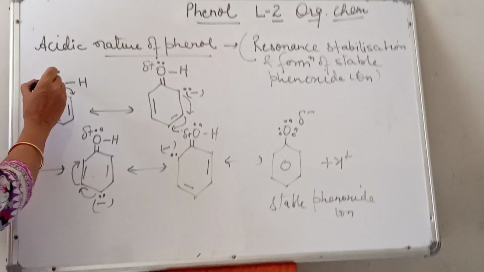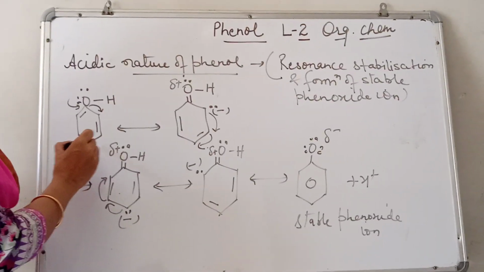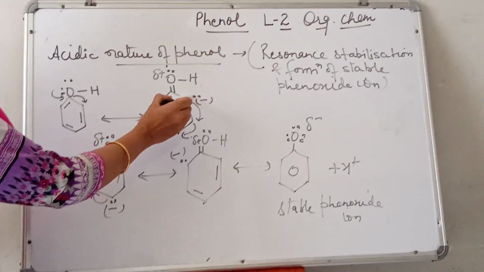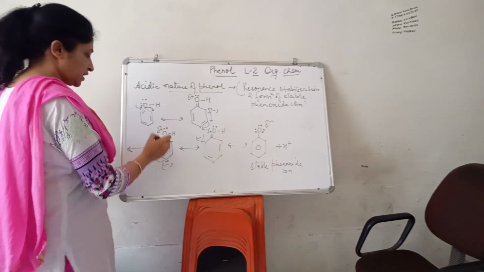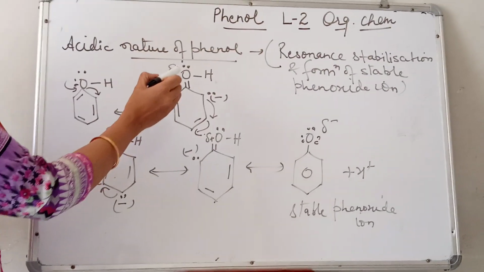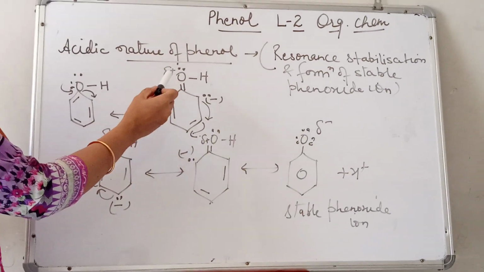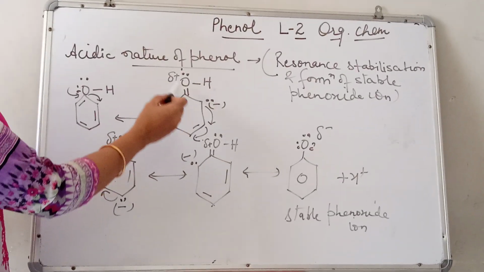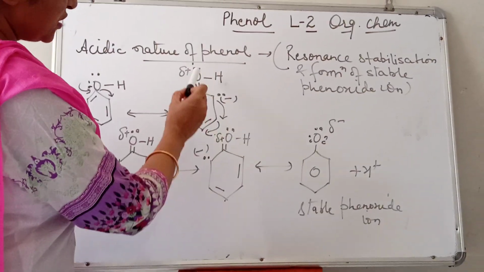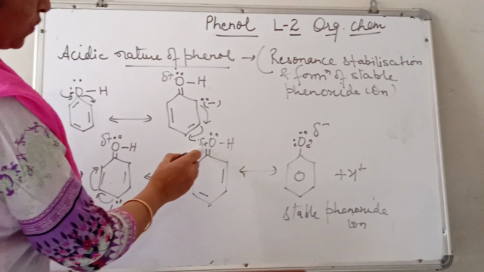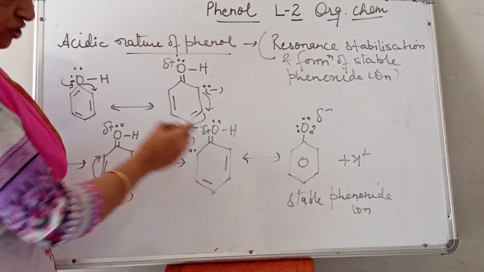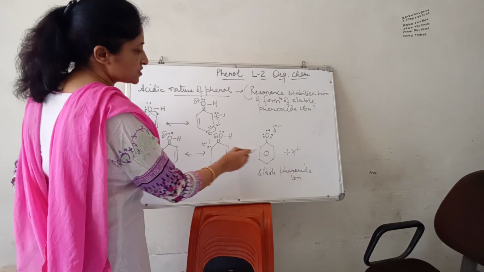When it has released the lone pair of electrons onto the benzene ring, every time the lone pair of electrons is either on the ortho positions, like this position and this position, or on the para position. Oxygen acquires the partial positive charge, so always the positive charge is here. Because oxygen in all three structures acquires a partial positive charge, it will take electron from hydrogen very quickly and proton release is very easy.